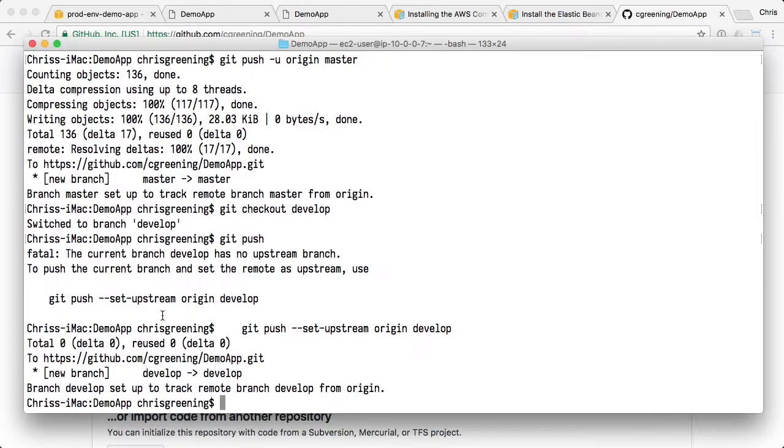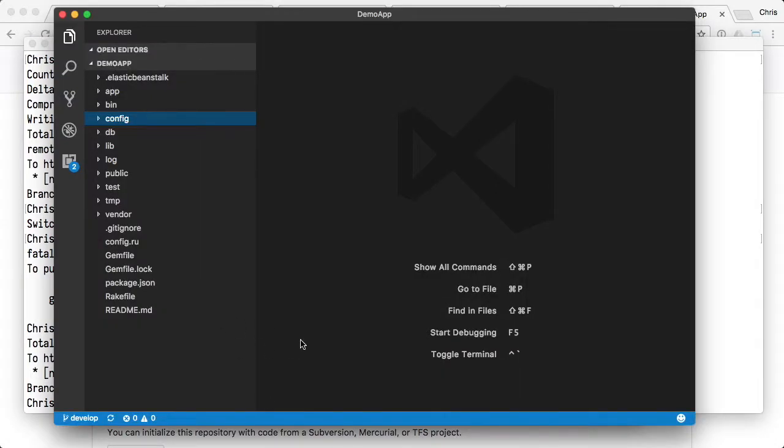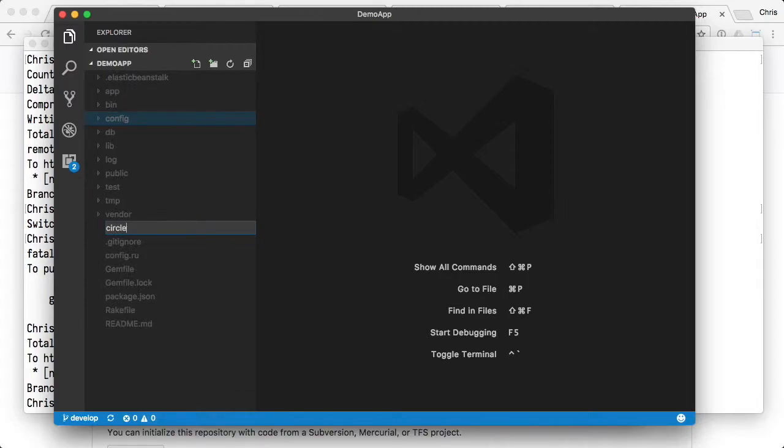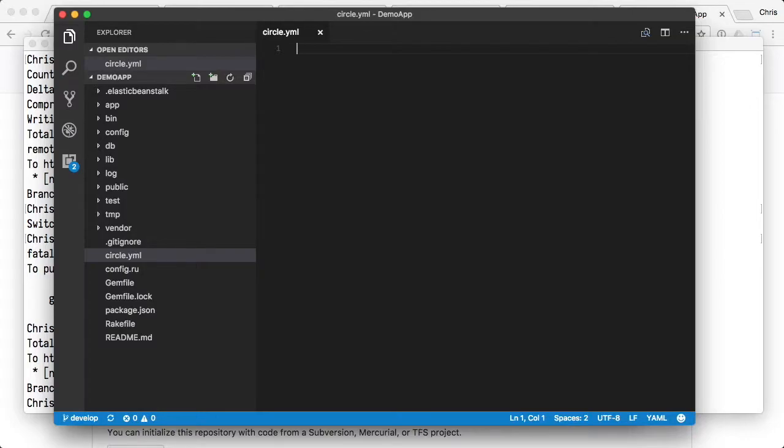So we'll use CircleCI for our continuous integration server. So to configure CircleCI, we need a Circle YML file. So let's create a new Circle YML file. Now for deploying to Elastic Beanstalk, we'll need to install the AWS Elastic Beanstalk CLI. And then for the actual deployment instructions,